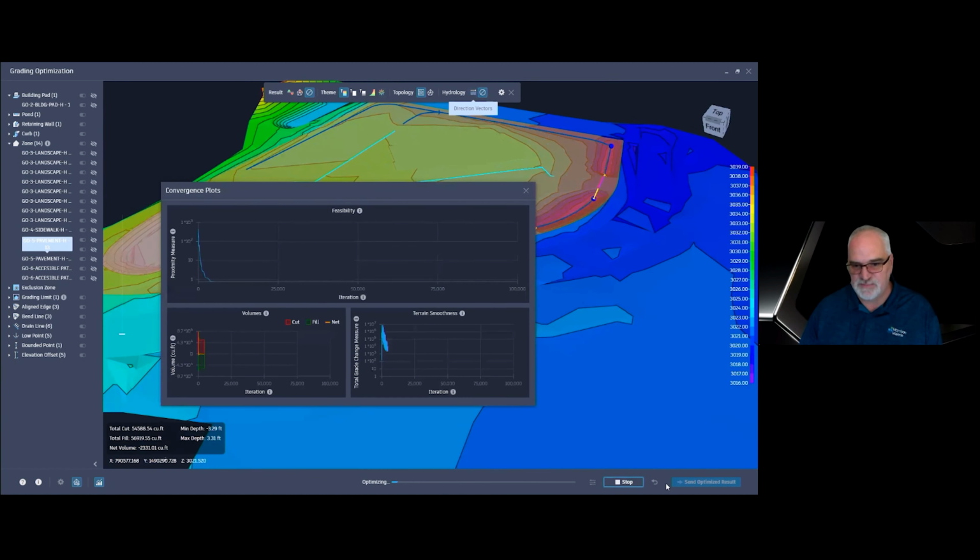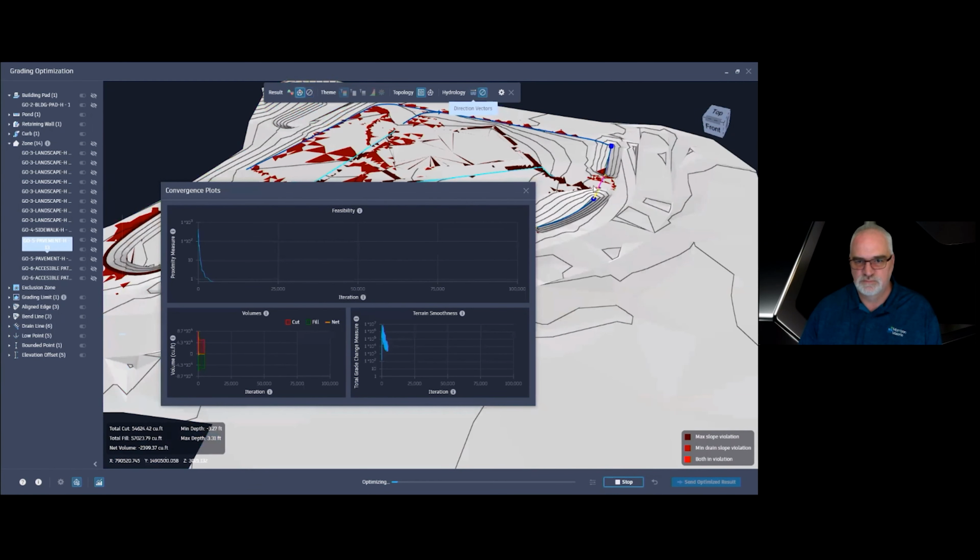The whole time it's been optimizing, so you can see we can spin around. We can hover over these here, and it'll tell you what the error is. So you can see that max slope, I'm within 500s. I'm not too worried about that. This min slope here, I'm almost 1%. So I'm real close to the min that I want. So everything's looking pretty good. You can see it's starting to narrow out and flatten out.